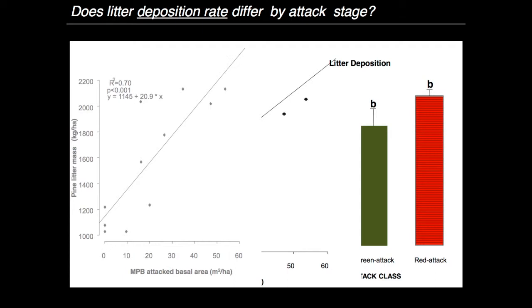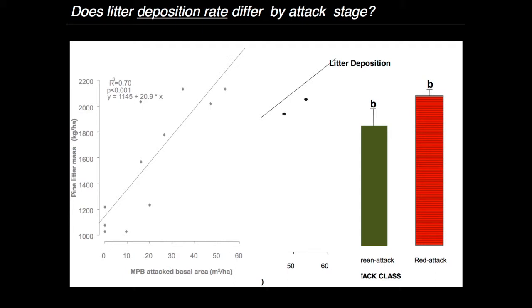What we found is that in terms of the pine litter mass that fell, mountain pine beetle attack basal area was the best predictor, and it positively corresponded to that level of mass, in which 70% of the variation was explained by this metric here. And so we definitely picked up a gradient there, where we see more attack definitely leads to greater input of